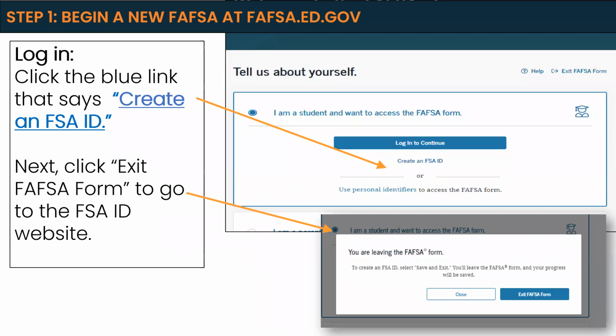If they don't create an FSA ID, they can use personal identifiers like their name, date of birth, and social, but they're still going to have to enter their FSA ID at the end of the FAFSA. And if they don't, then they have to print the application, sign it, scan it, and send it in with a paper signature. So it's a lot more work, and we definitely recommend, again, that they create that FSA ID to get